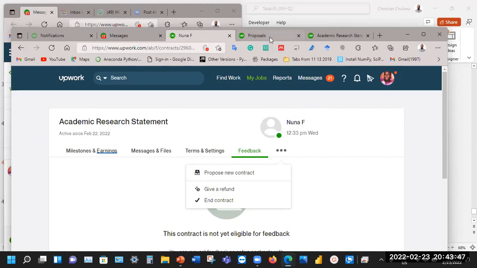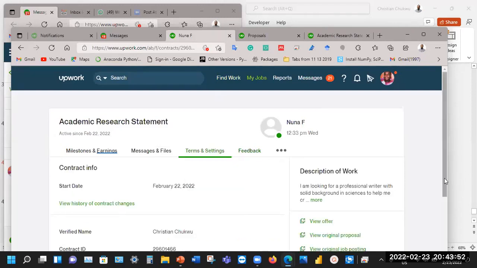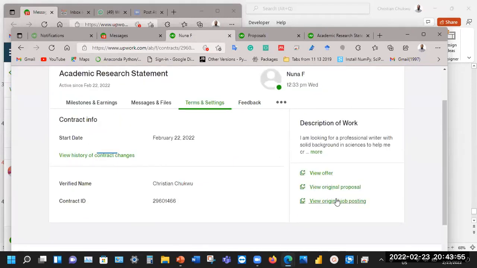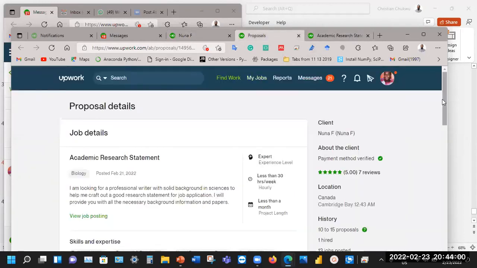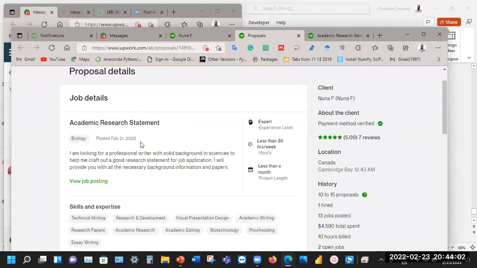Okay, so remember when I clicked here, I had to open this, and this. Okay, so let's go to them. Let's start with proposal. Now, this was the job posting. Okay, this is the job posting, academic research statement. This is the job description. This is the experience level. We get to it later. Then this is